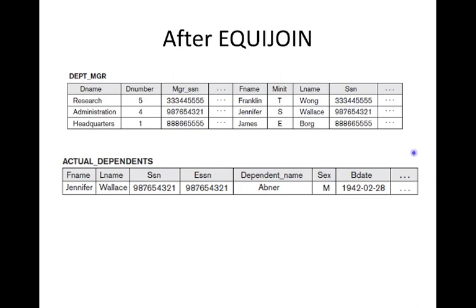This is actually a repetition of information, because this column and this column denote the same thing. Similarly here, SSN and one more, ESSN, both denote the same thing. So there is a repetition in an equi join.